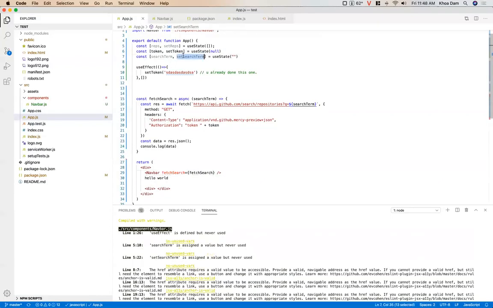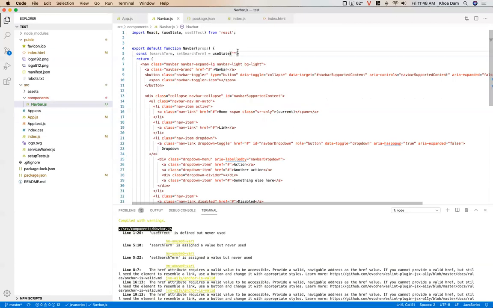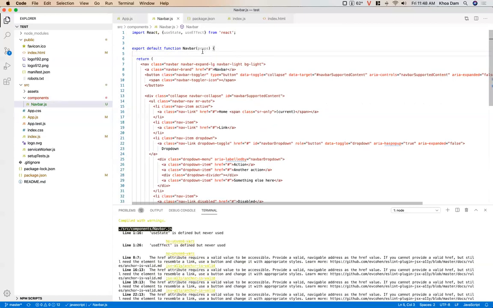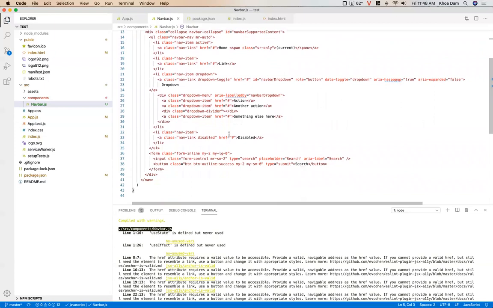We need a set term here. Okay. Go to the navbar. We don't need this for now. And we have props. Let's go to the input box here. Value equal to